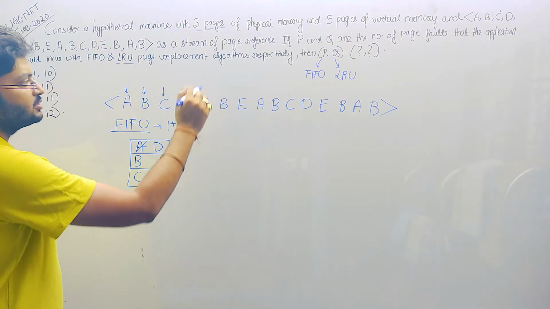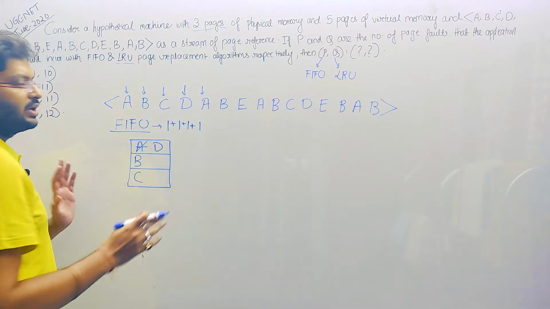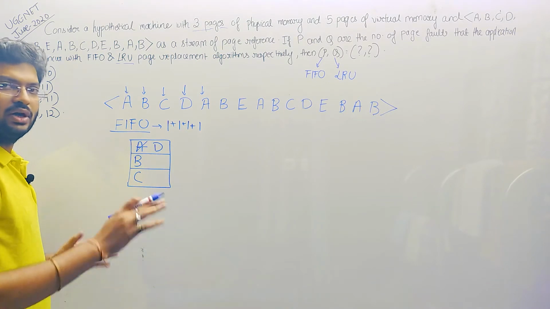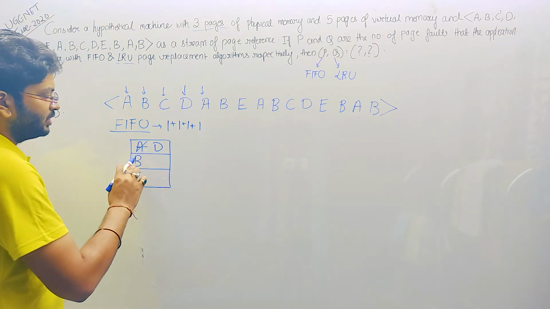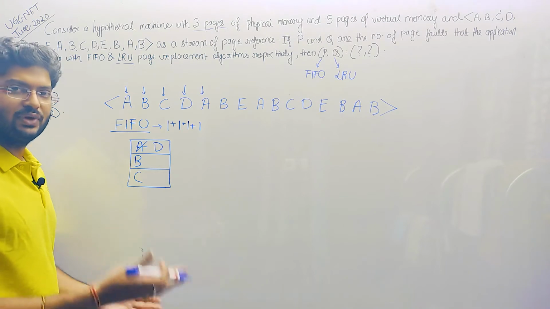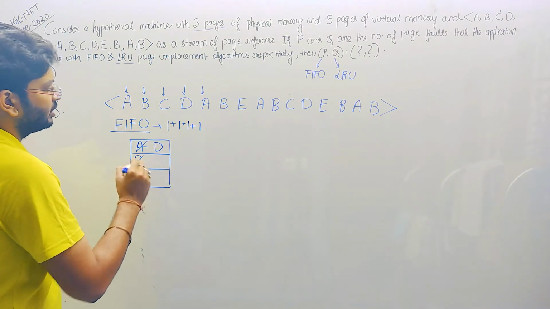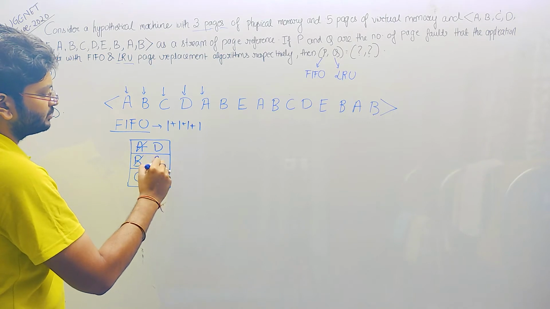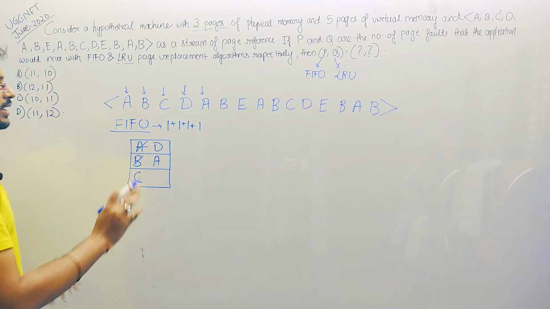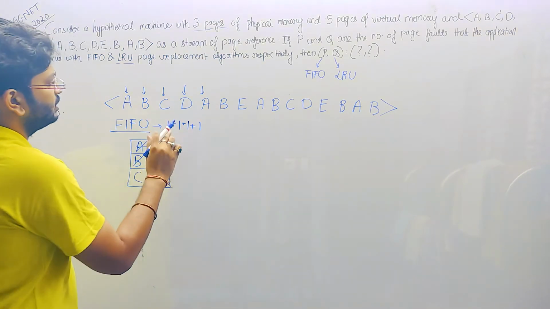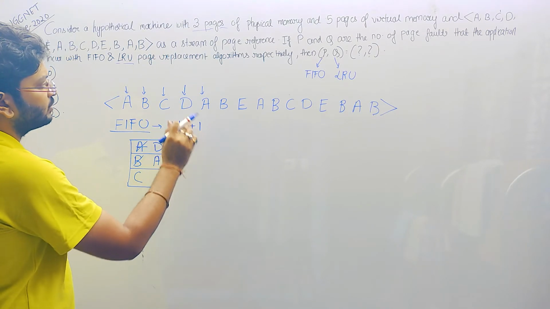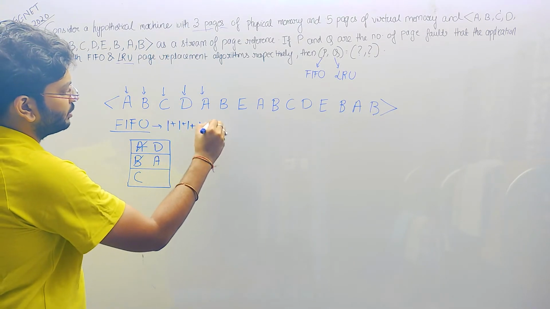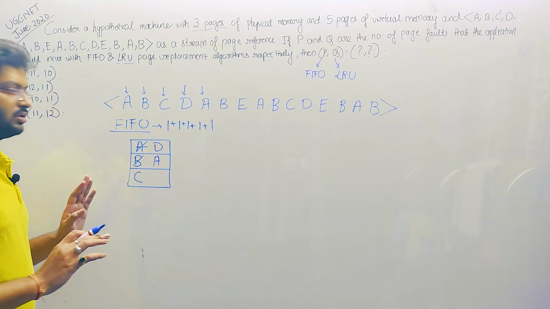Then next again comes A. So A is now deleted, A is no longer in the page, so I have to again insert it. So next comes B. After A, next comes B, which was first inserted. So B got deleted, and in place of B I have A. So this is ABC, 3 page faults for ABC, and for D 1 page fault, and for A again 1 page fault, because A was also not there.